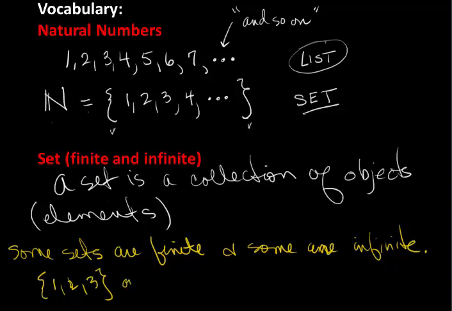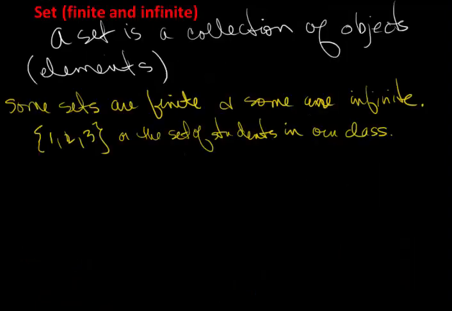Or we could say the set of students in our class. There the elements are people, and there'd be 25 of them. Almost every set that we speak about in real life is a finite set, but some of them are too large to count, too large to know how many are in there. For example, here's another finite set. The set of grains